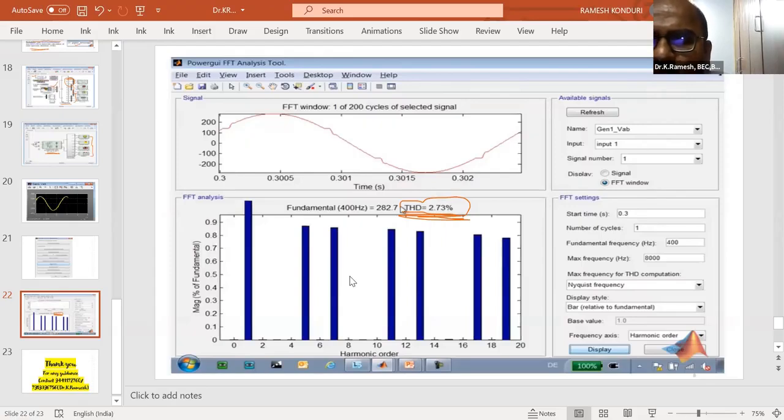So I focused basically on the power quality issues, what the issues are under power quality, and later the sources of harmonics and the mitigation techniques, and later the simple model which I have taken and how to analyze that model. So this is the whole presentation. If you have any query,